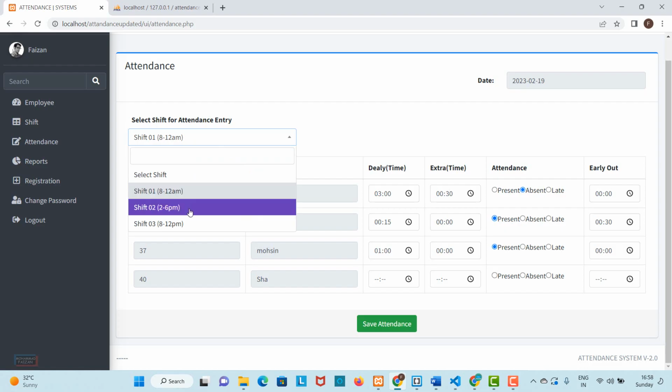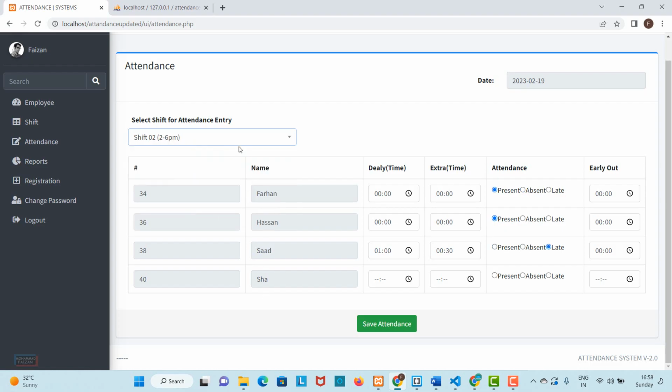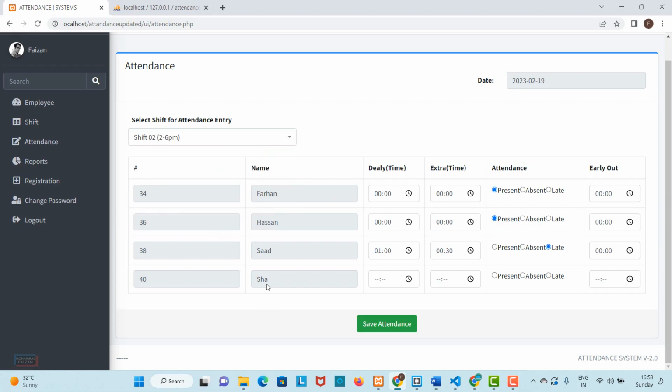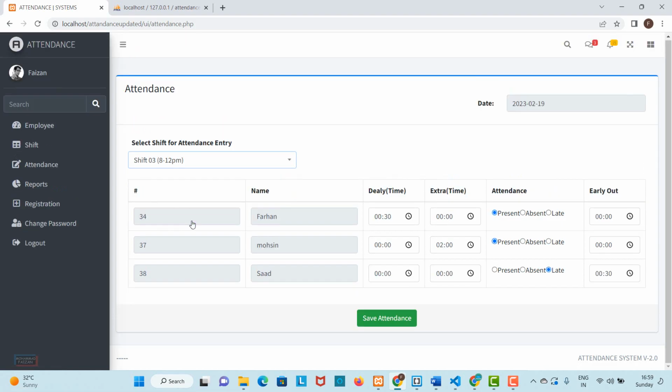If I select shift 02, you can see here there is no Mohsin. Okay, and if I select shift 03, you can see here these 3 employees belongs to the shift 03. Okay, this time it's showing us the previous data. We have already took the attendance, that's why it's showing the present and late. Okay, for testing purpose. So we can update and we can add the attendance from here, and you can see